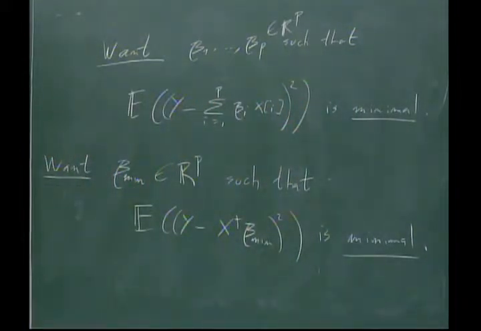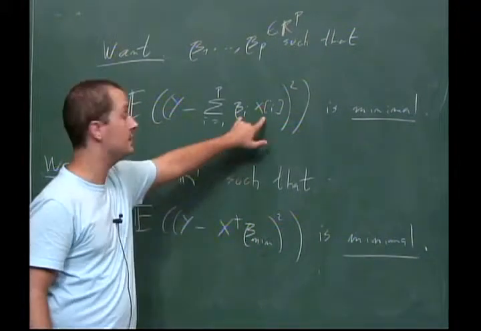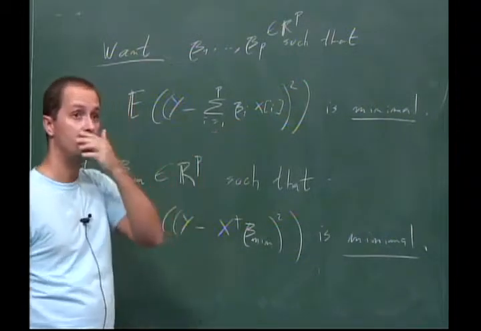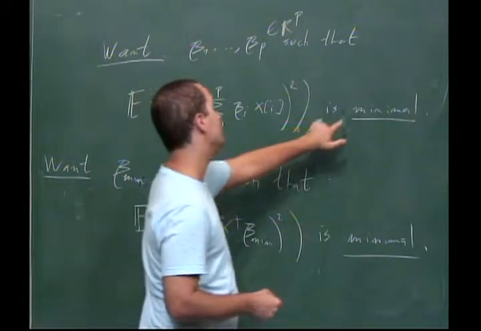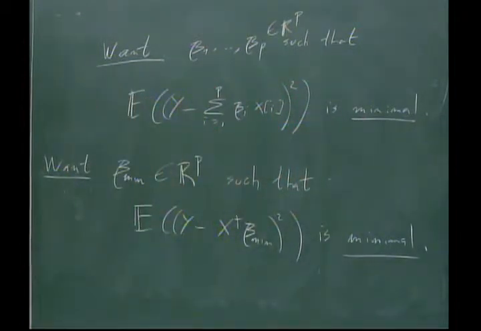It's the same, right? Because this is just the inner product of x with beta. So what you get is a sum like this, each coordinate of beta multiplied by each coordinate of x. So here I've been writing that I want the guy that achieves the minimum. Why is it clear that the minimum exists?